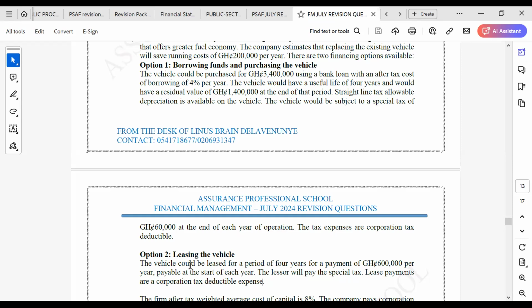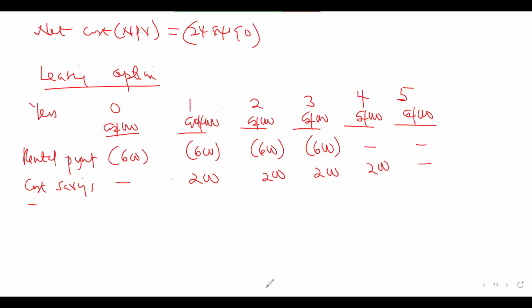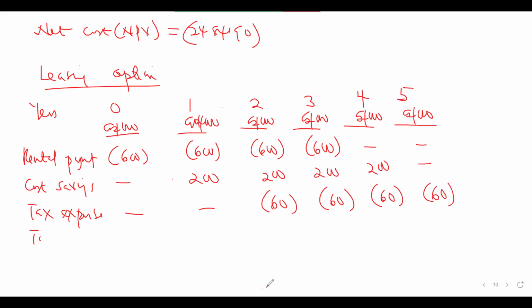So for the lease, what you are going to be seeing is only the tax benefits of the amount that you are paying. So let's come to the tax expense that we are going to be making on this amount. So every year we'll be paying 60 on the cost savings, 60. Okay, let's come to the tax benefits. There will not be any tax benefit on residual value because the asset is not our own, it's an operating lease.